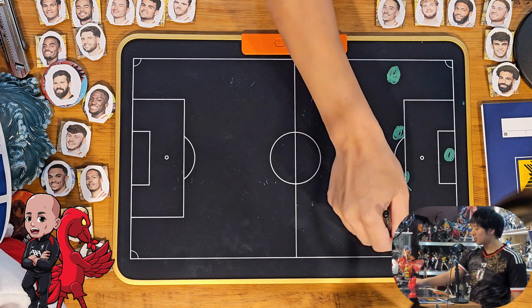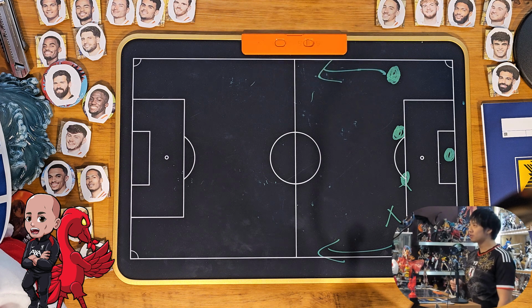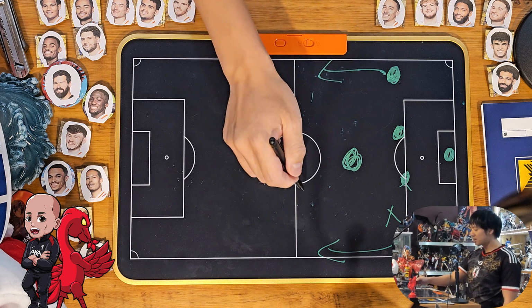More exciting, can go up and down as well. Malo Gusto will go up and down as well. Levi Colwill front-footed and Tosin Adarabioyo, free transfer from Fulham, starting alongside Levi Colwill. Moises Caicedo will hold the defensive position here, flanked on either side by Enzo Fernandez